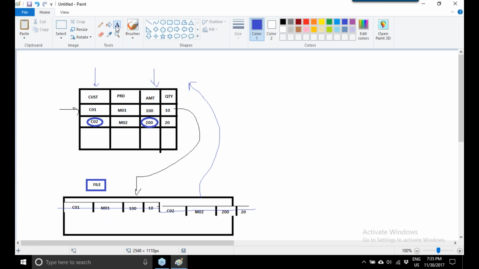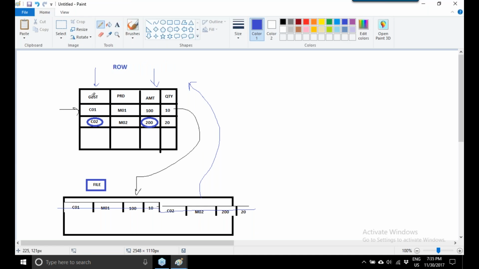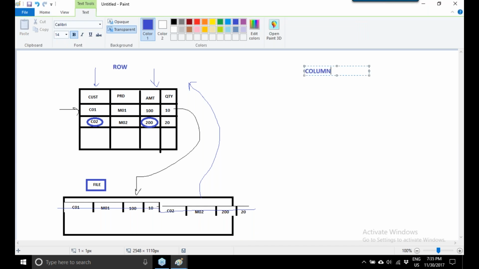So what is the disadvantage of storing data in a row orientation? It has to scan the entire table, irrespective of the question. So what SAP started to do is store data in a column-oriented fashion.